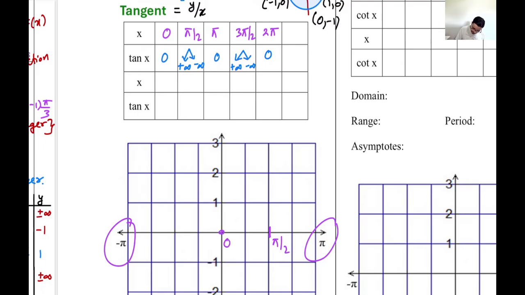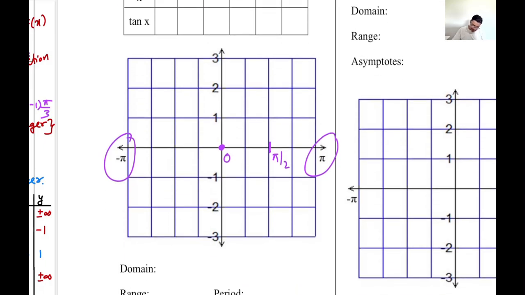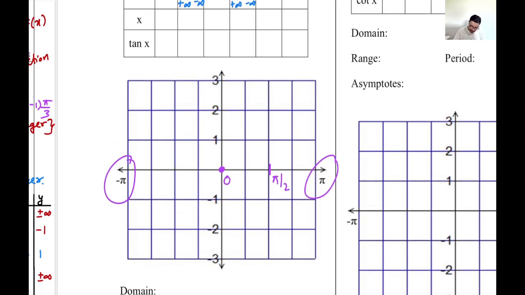Okay, tan 0 is 0, we have this point, and at tan pi over 2, there is an asymptote. Okay, so directly the next thing we have is this, a vertical asymptote. Okay, and then at pi again, we are back to 0,